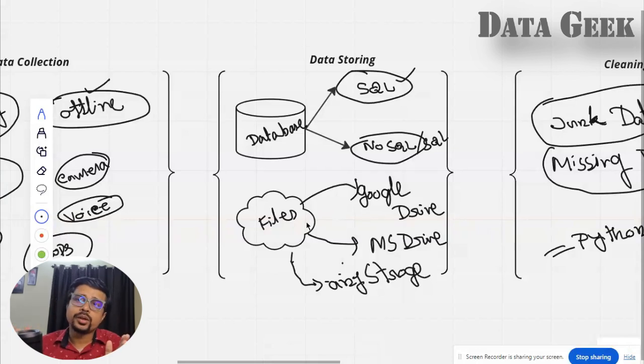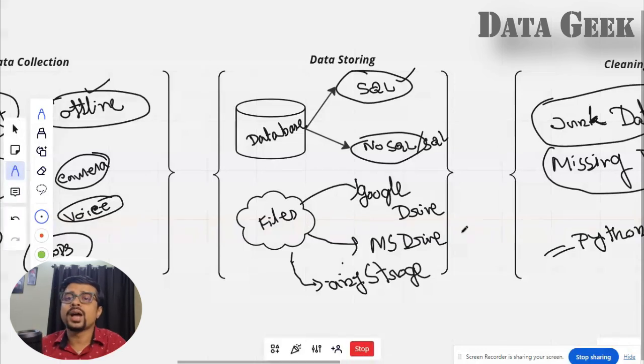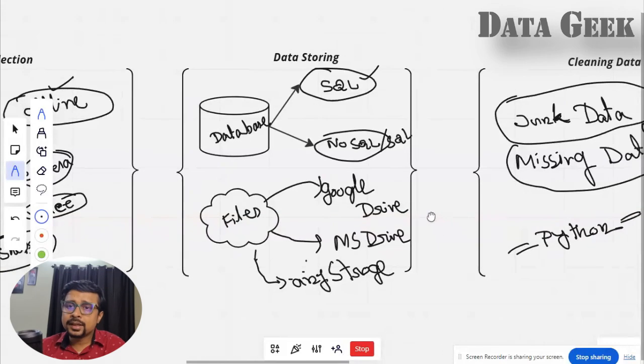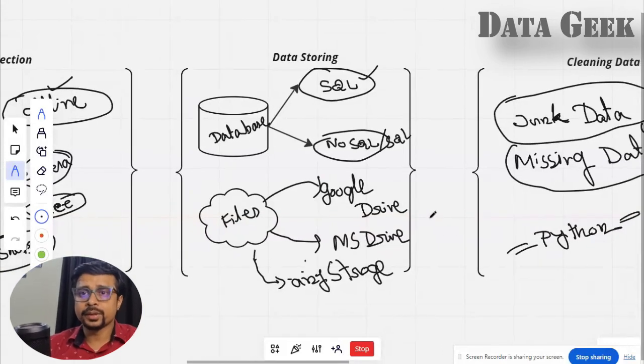So until now, you have collected the data and you are storing the data. These are the data I have collected and these are the data I have stored. Once you have the data, then the work of data science comes into the picture.